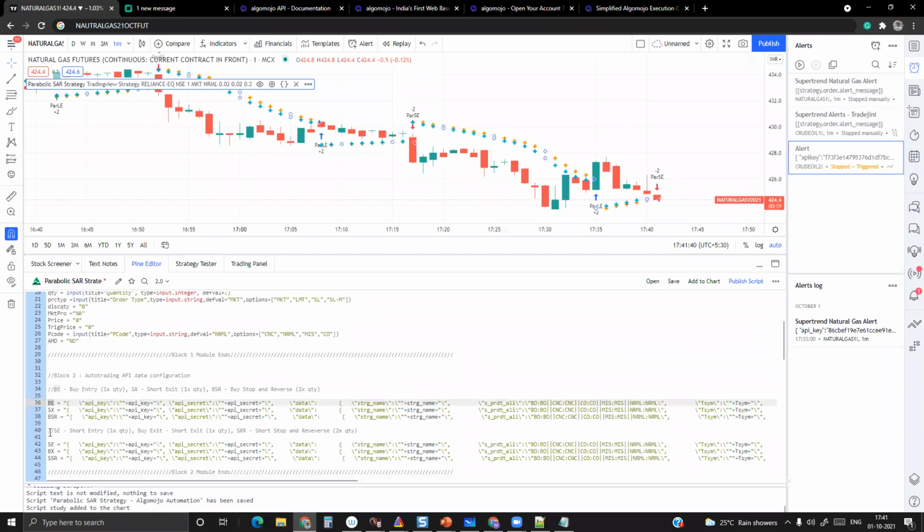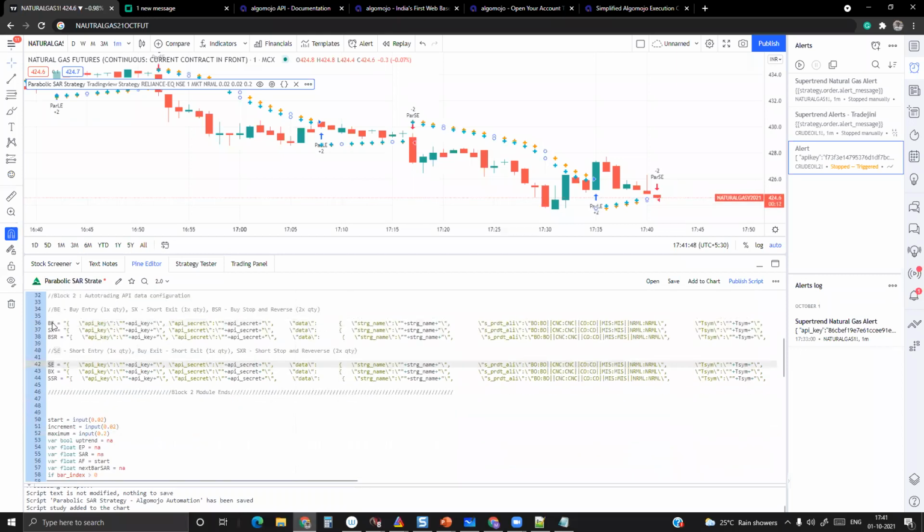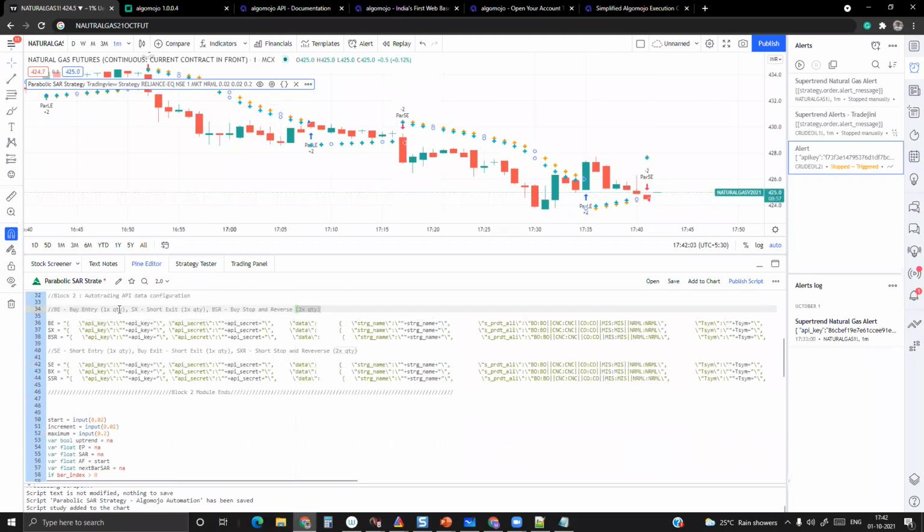If a sell signal is happening, I will send a sell signal automatically, dynamically. That will be stored under a variable in a string format. So if it is BE, I will transmit one time of the quantity. If it is SX, I will transmit one time of a short. If it is BSR, sometimes I want to punch 2 times of the quantity, sometimes 1 time of the quantity. If it is only a regular exit, I want to punch only 1 time of the quantity.